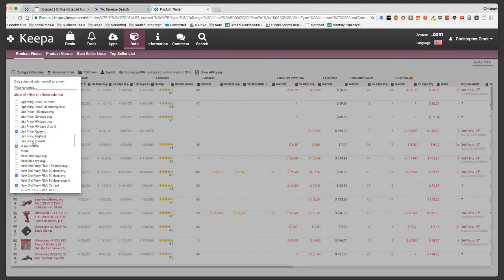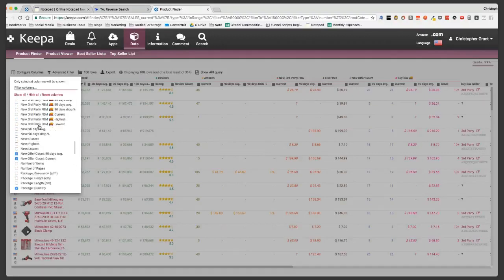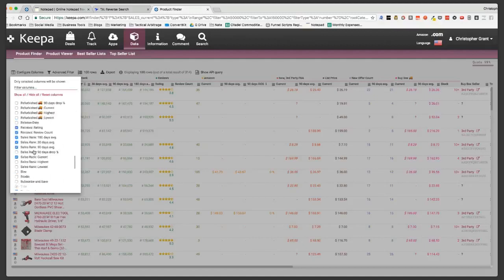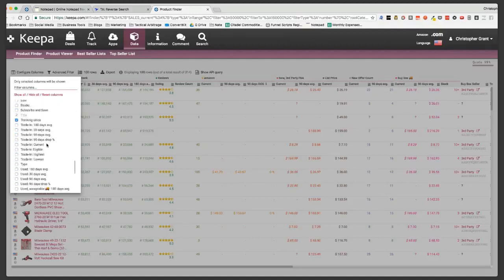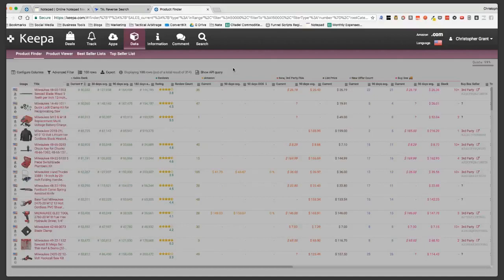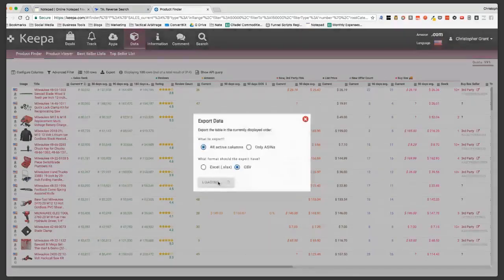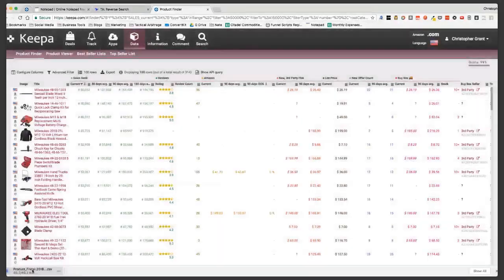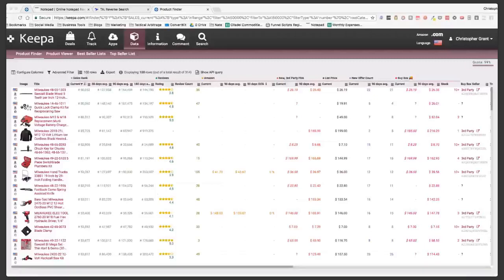The list price, the manufacturer, and then I also have the new third-party FBA prices, parent ASINs, and then UPCs and things like that. Okay, so I have a few of those things, but I've gotten rid of a ton of them. Oh, I also have it pull the variation ASINs. So if we export this, I'm going to export all the active columns and open this puppy up. We're going to be able to do a couple things with this.